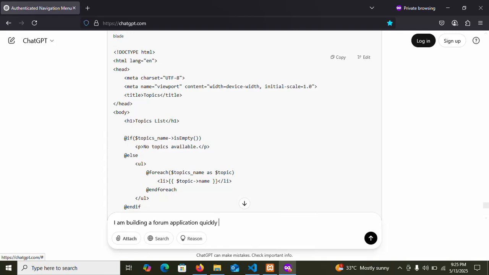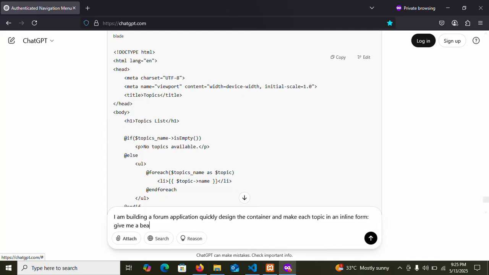Quickly design a container and make each topic in an inline form. That is, they follow each other one after the other, just like we have this in Nairaland. Give me a beautiful design. Just pass this and then